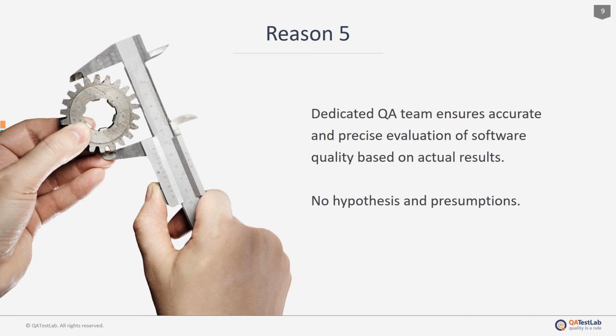If QAs and developers are from one team, it could be the situation when QA found a bug that is very expensive to fix, or maybe the developer even doesn't know how to fix it, so this bug is not reported in the bug tracking system. In such a situation, a dedicated QA team gives an independent opinion, and you could keep calm that all the bugs found are in the bug tracking system.